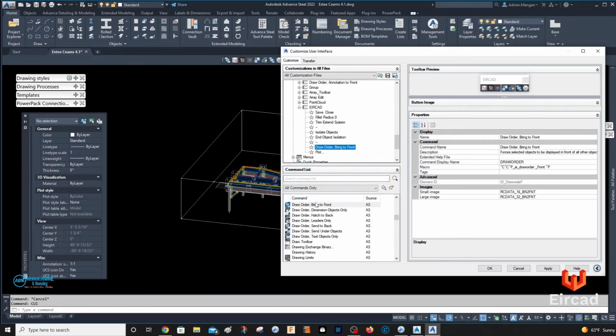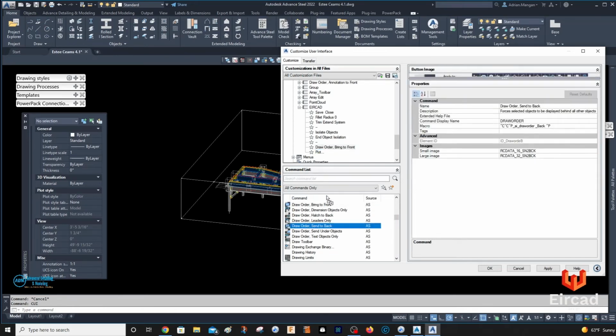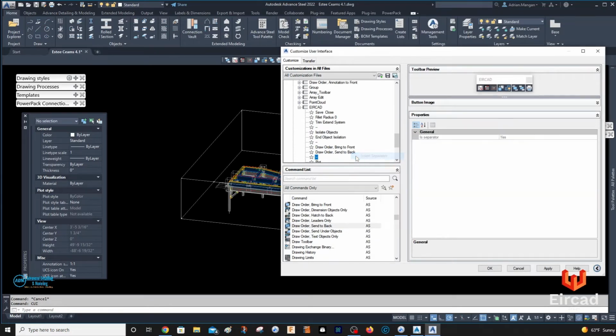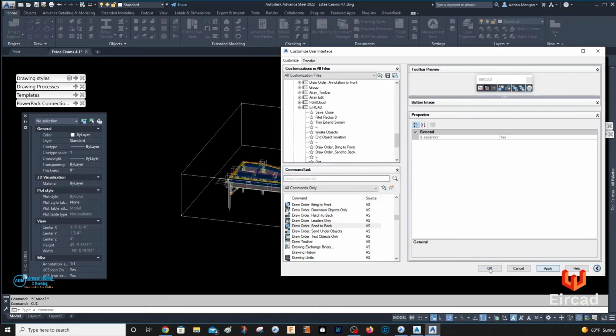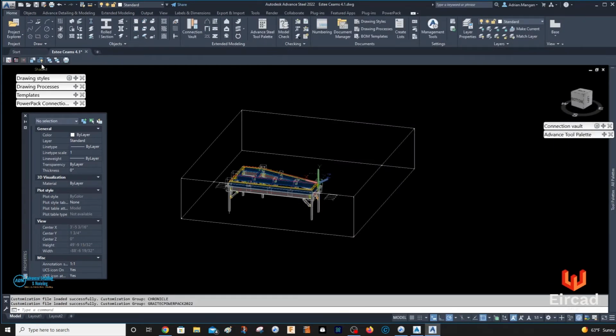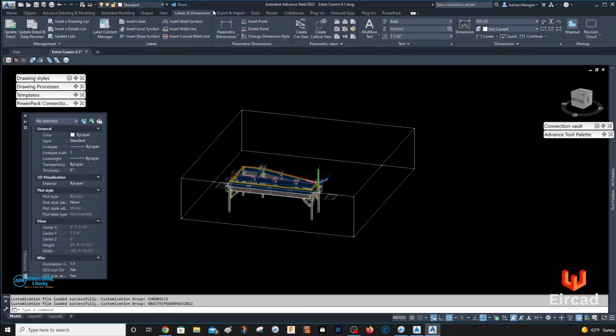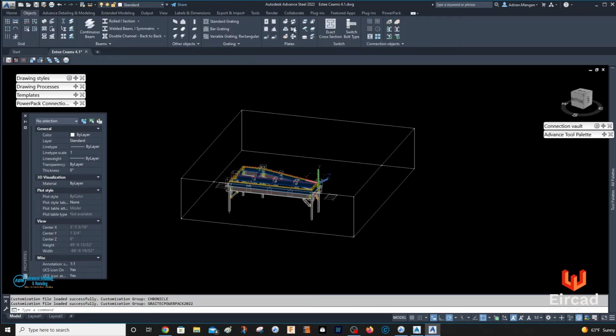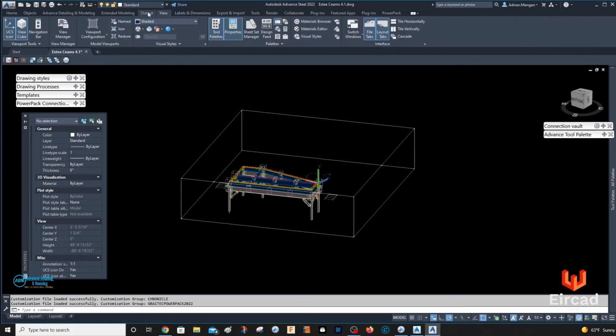Then we'll do draw order, bring to front, send to back. We'll put it in there, and then put in another separator. We'll see what that looks like. Apply. Okay, and there you go. We've got them separated a little bit. So you can basically have a lot of different commands across here, so you don't have to start clicking through here. What I would suggest is, as you're using things, have a notepad next to you, and all the things that you find important, save them and put them on this toolbar, and it'll save you coming up top here, clicking on these.